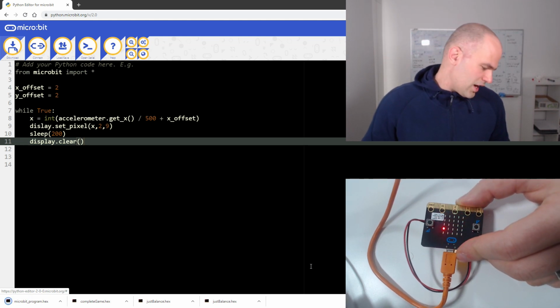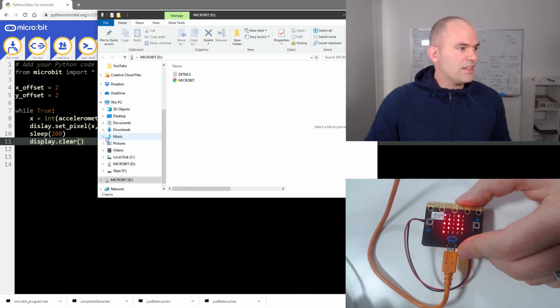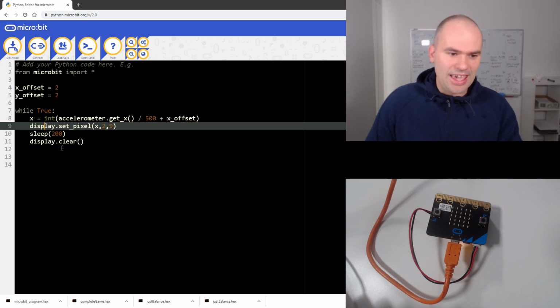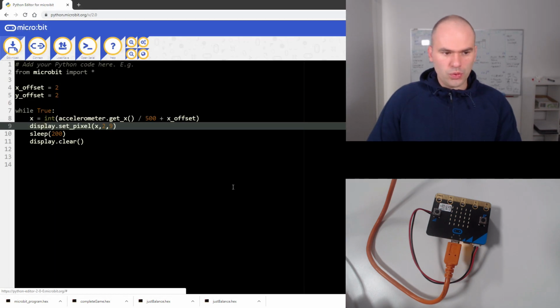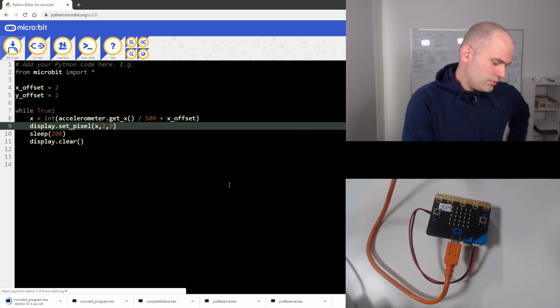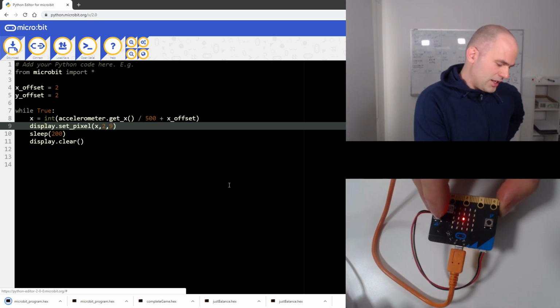Okay, we've got some line error, and it's line 9. That's good. It's pretty high. Display.set_pixel. Yeah, name display. Display. All right, let's do this again. Save. Now we should be able to see that dot being able to, yeah,